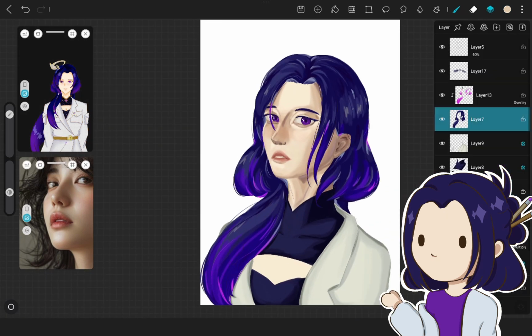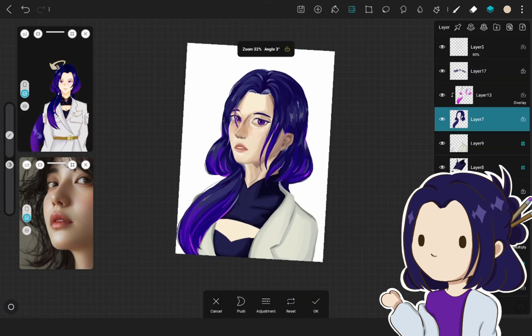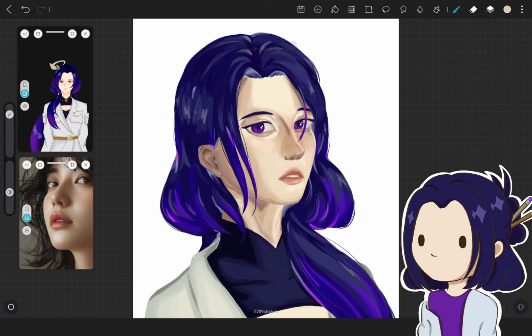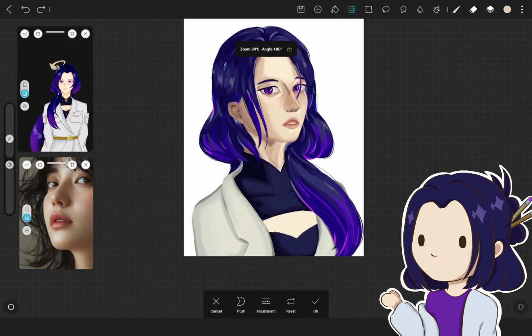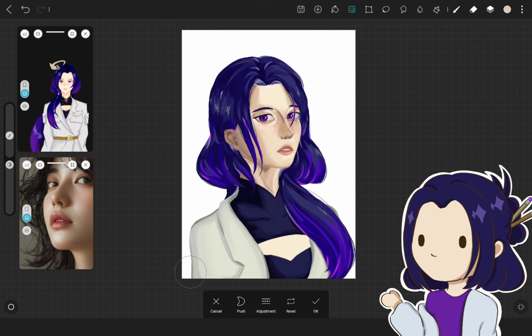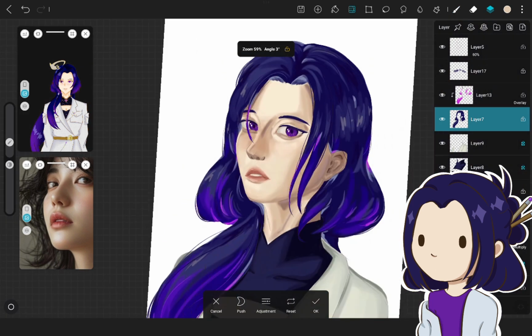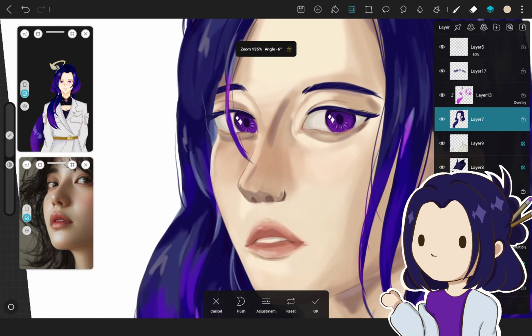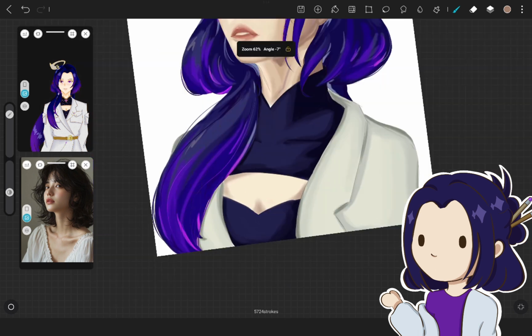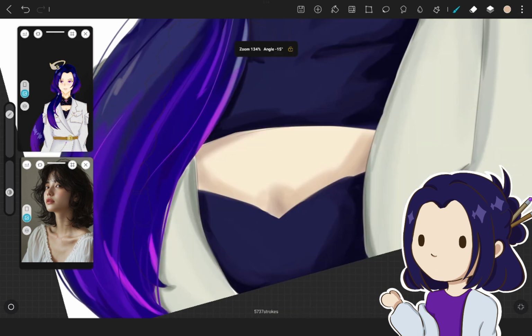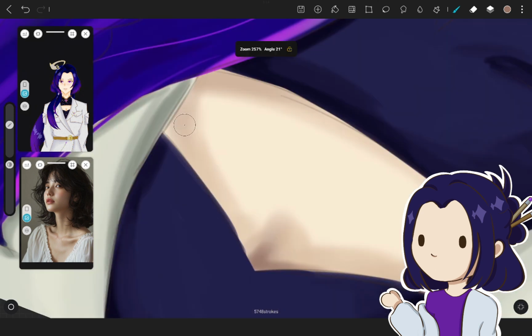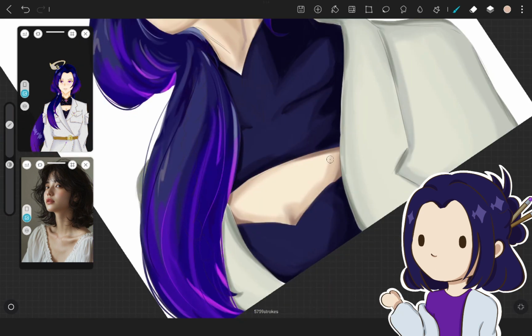Alright, final touches. We're almost there, guys. Almost. This is just us fixing stuff, flipping the canvas to better spot mistakes, using Liquify to, I don't know, fix the proportions. And I don't know why I'm talking so fast. Also, I just realized I forgot to do the chest window, so we're just gonna do that real quick. Add in some shadows and